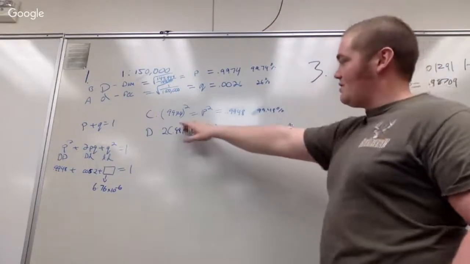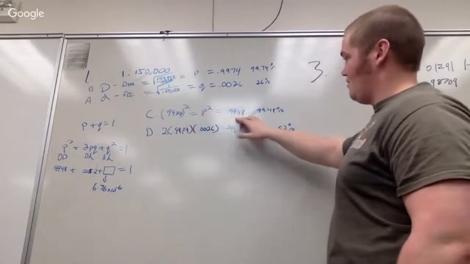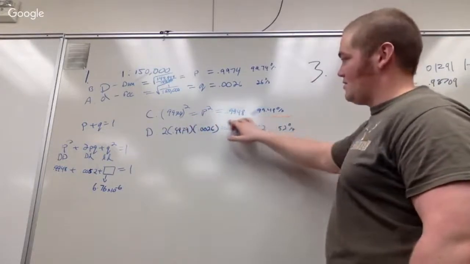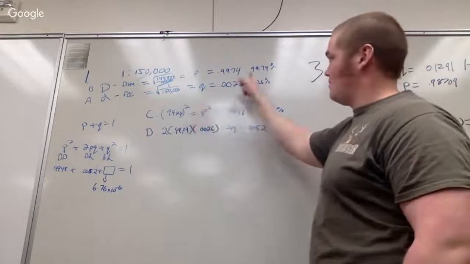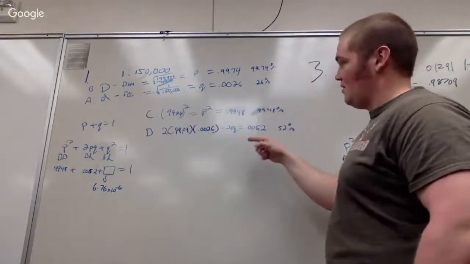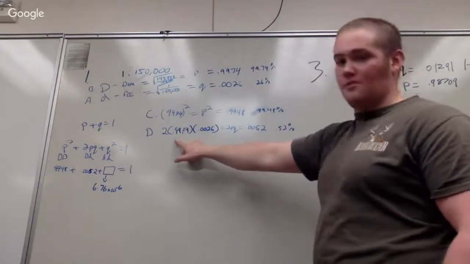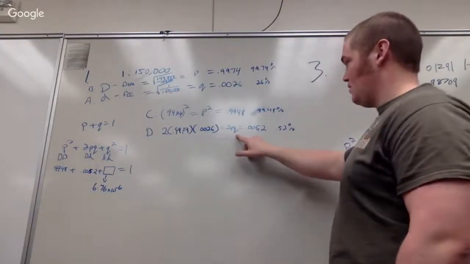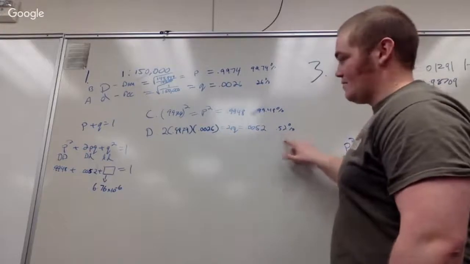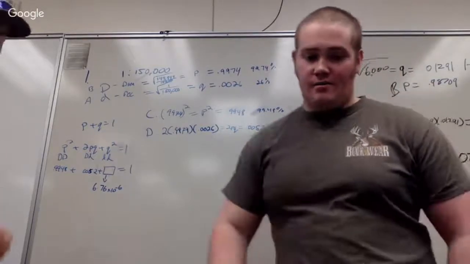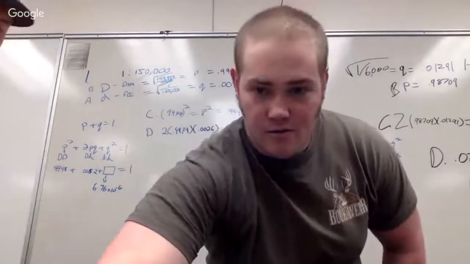And then C, this is the math we worked out for C. It's just P squared. So you just take that number and square it, and you get that. And then for D, since it's heterozygous, you do the 2 times P times Q, and then that's the percentage we got. And then for question number 2,